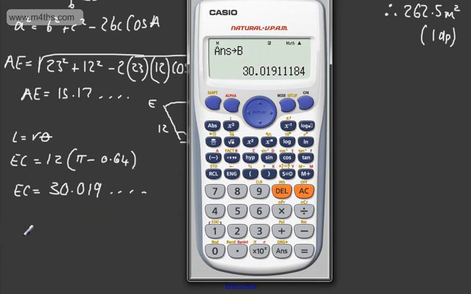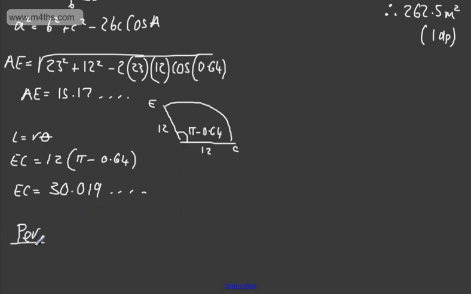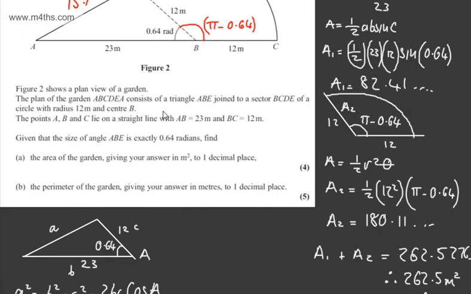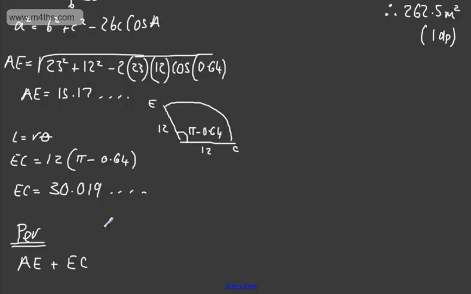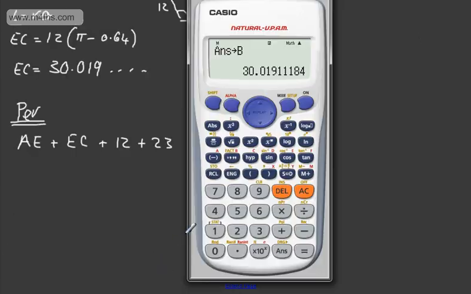So what we have then is the perimeter, and just writing it here, is going to be now AE plus EC plus now the two values that we've got. We've got the value here of 12 and 23. So let's go ahead and do that. So plus the 12 plus the 23. So if we look in the calculator, all we need to do now is A plus B and then plus the 12 and the 23, which is going to give me